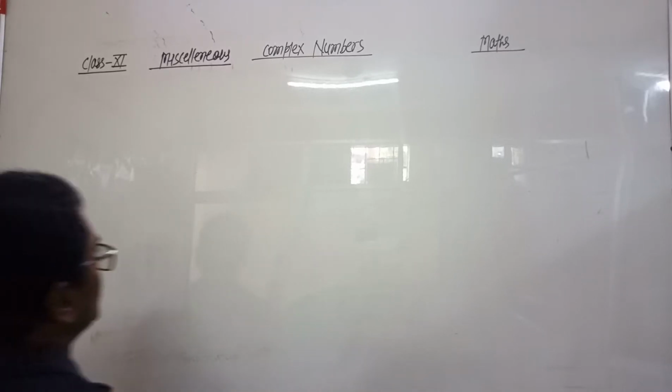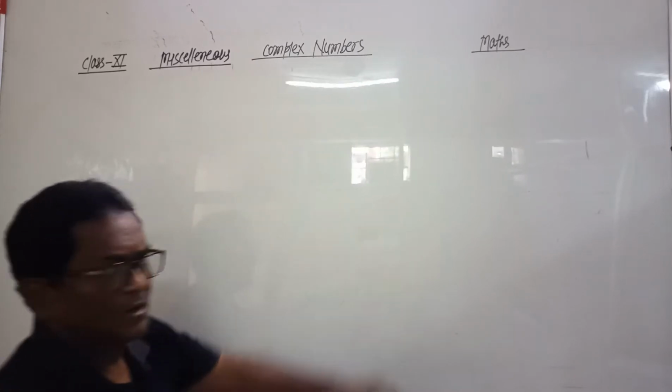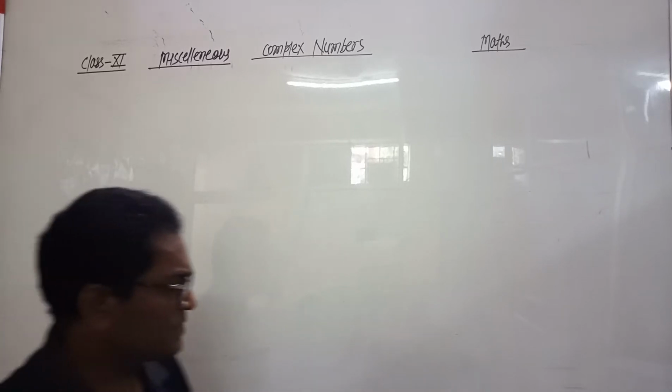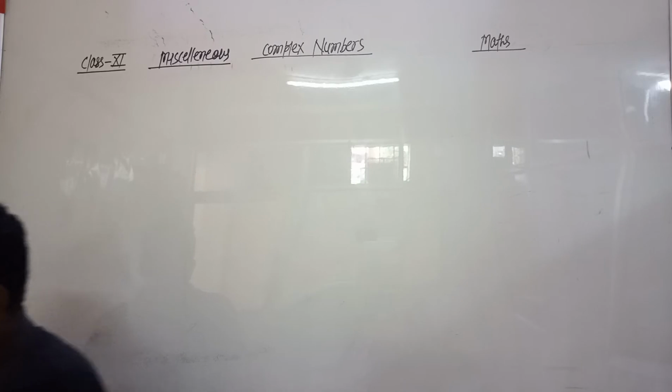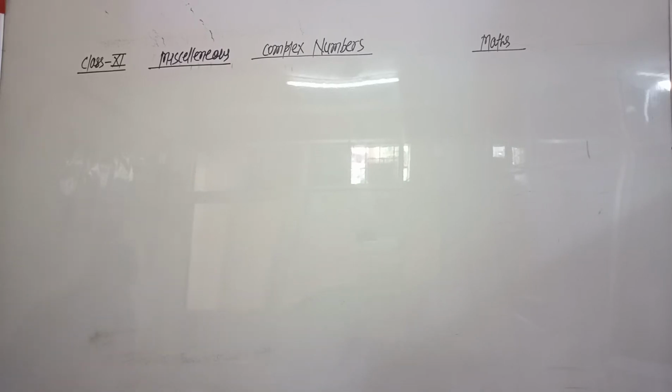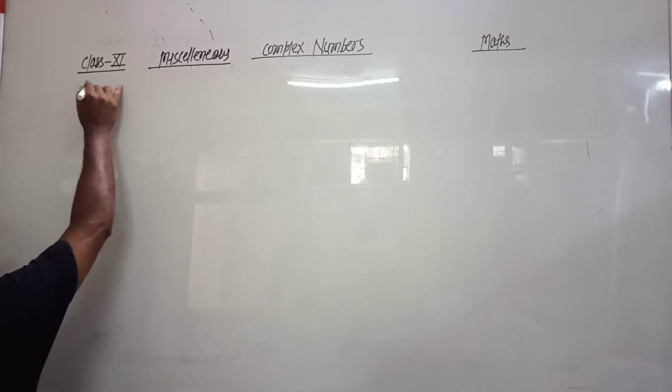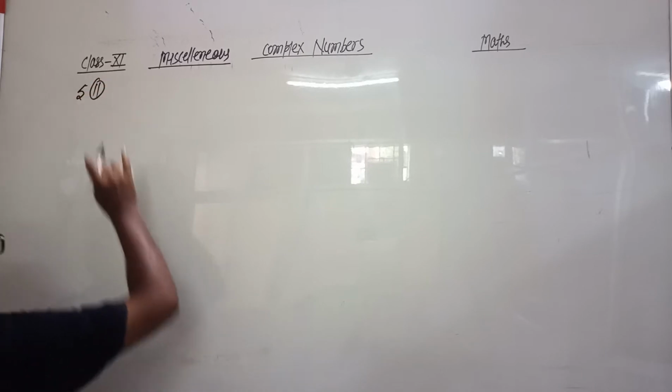We proceed in this video today. We proceed with the chapter Complex Numbers, miscellaneous exercise. In the previous video, the last question we did was the first part of it, in which we had to find the complex number in the polar form. Let us do part second of fifth question.